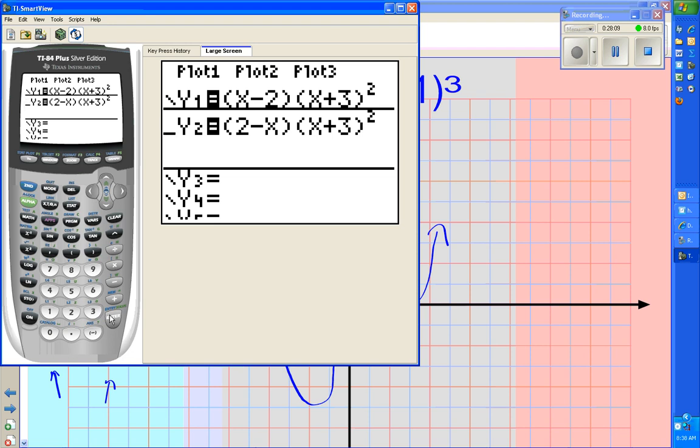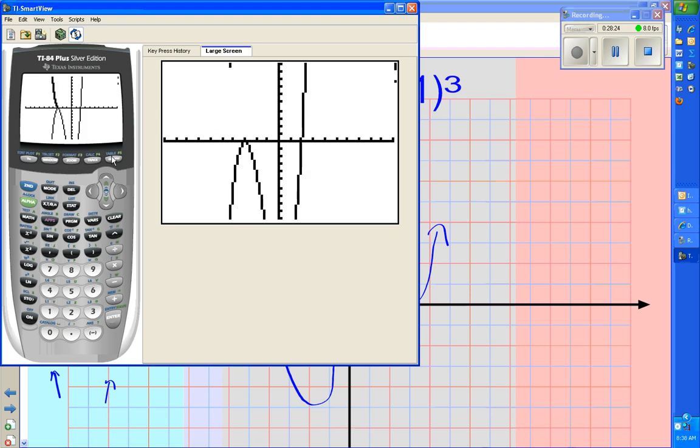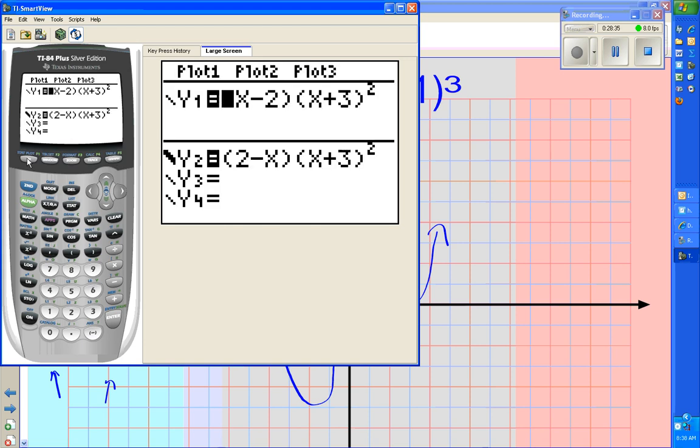The roots will be the same, single, double will be the same, but your end behavior changes, because if you factor a -1 out of this, it changes your leading coefficient to a negative. So when we hit graph, it's still going to bounce here, still single here, but it's up on the left, down on the right because it's a negative leading coefficient. Wait, why would your leading coefficient be negative now? Because